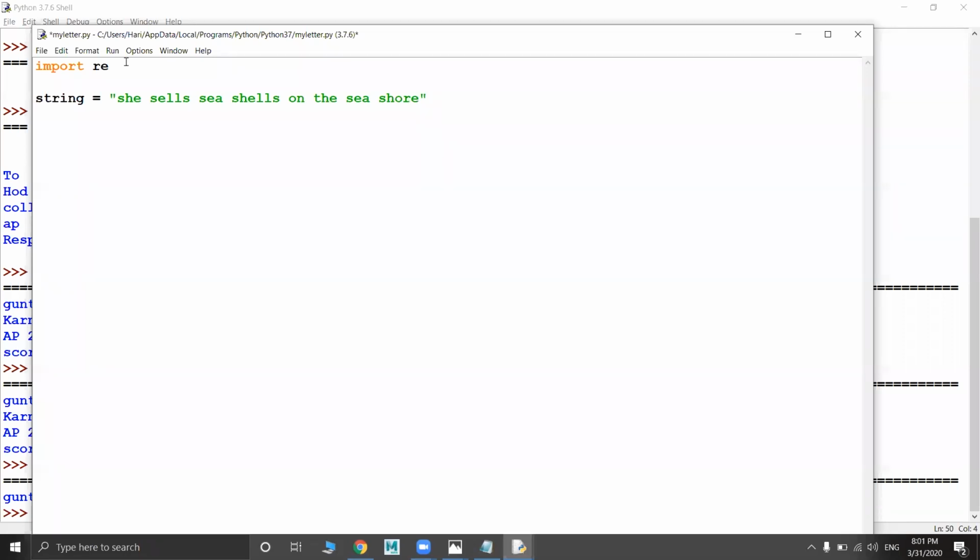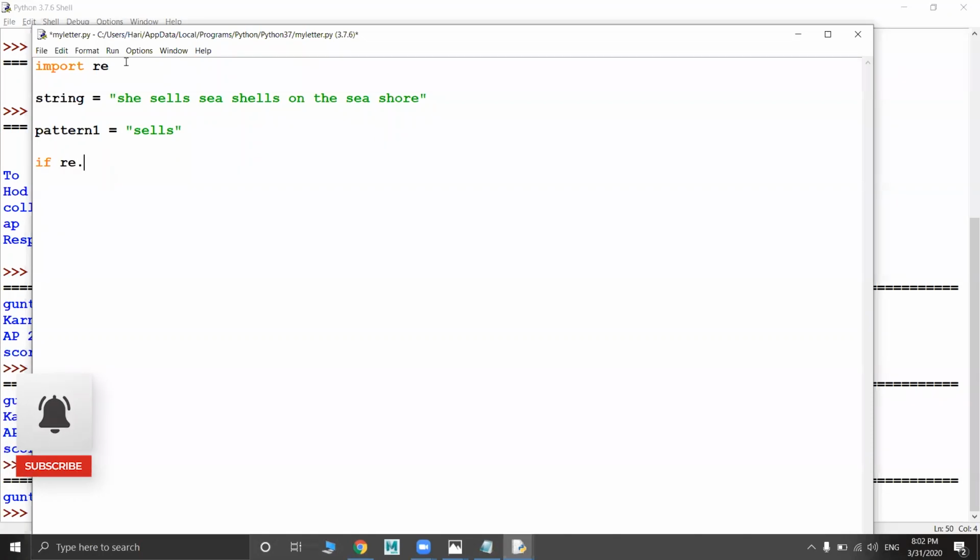Okay, I'm going to take this string. I'm going to call one pattern, let's say pattern 1 equal to cells.